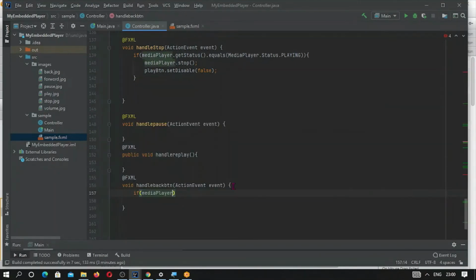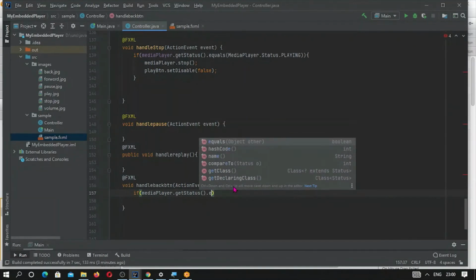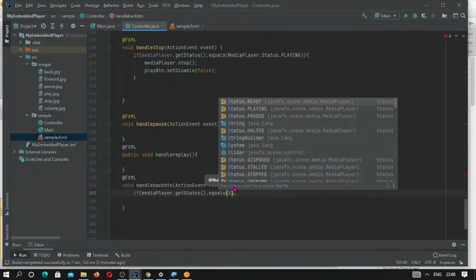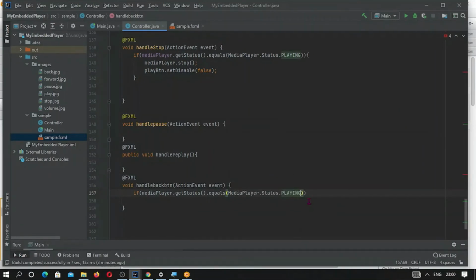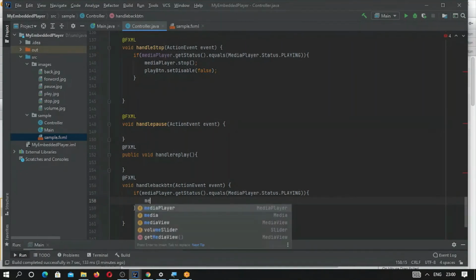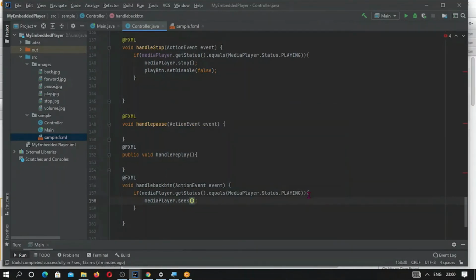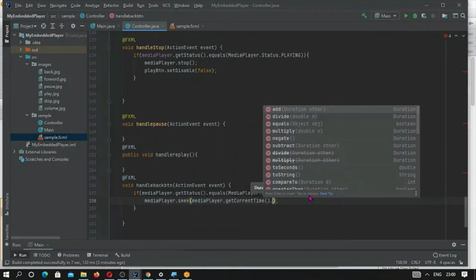If the media player is playing, we want to reverse it by dot seek media player dot current time dot subtract.